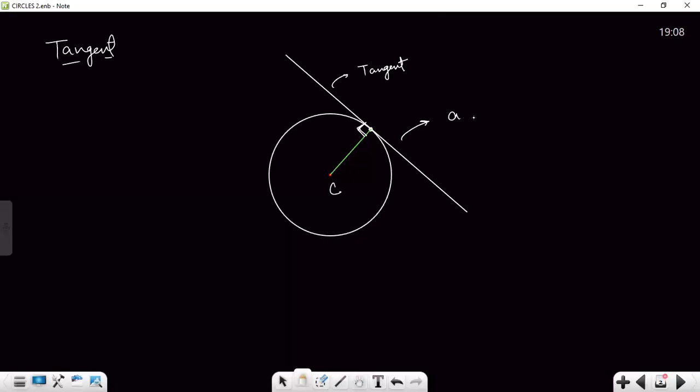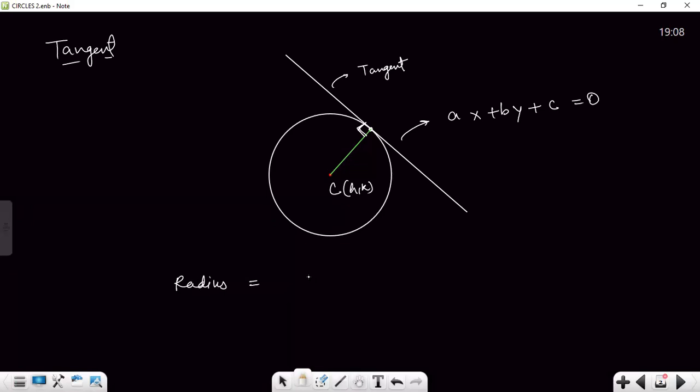So its equation will be, let's say, ax plus by plus c is equal to 0. It is the equation of this line. And C is the center. Let's say the center's point is h and k. If we have to find out the radius, then the radius here